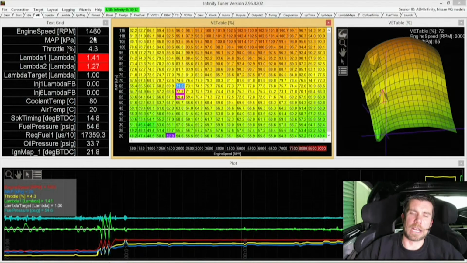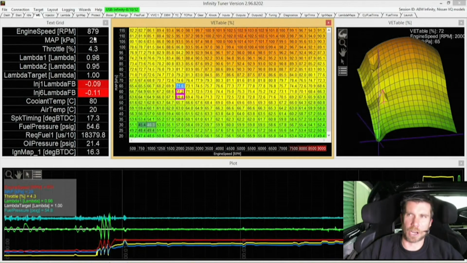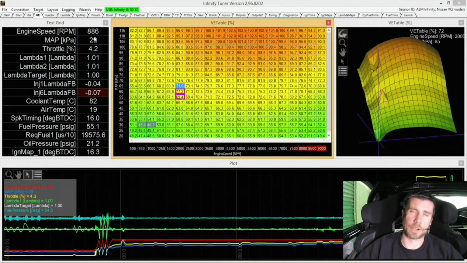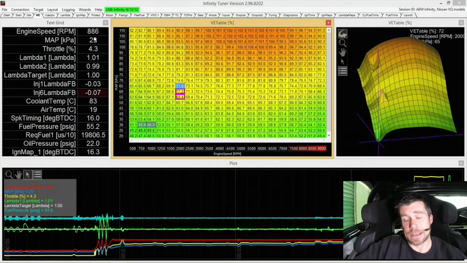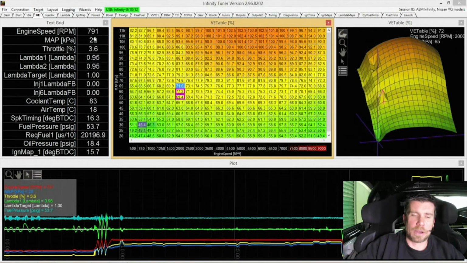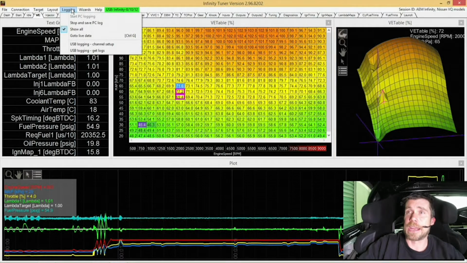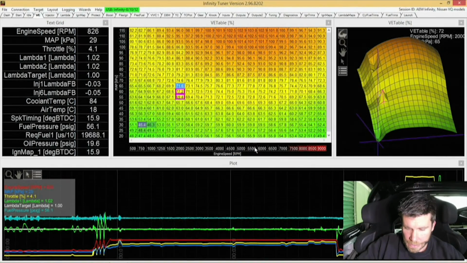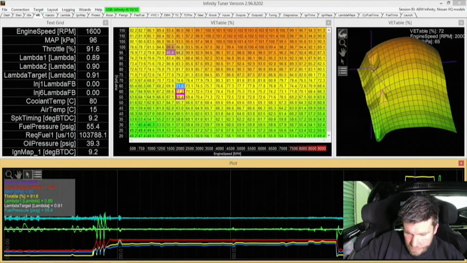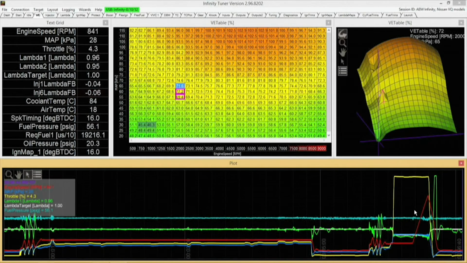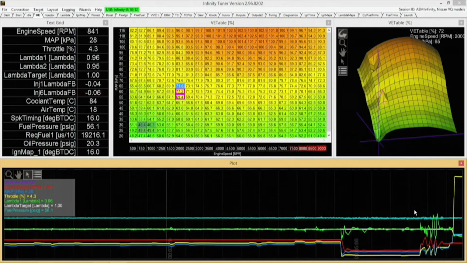Alright, so we'll just let the dyno come back down to a stop, and we haven't actually got the dyno screen connected to this webinar. We're really just focusing on what the AEM is doing internally. So that run that we just did there was 157 kilowatts at the wheel. So I'll just stop the logging,